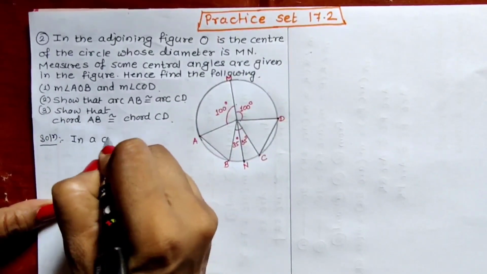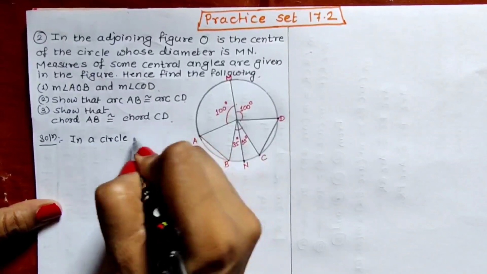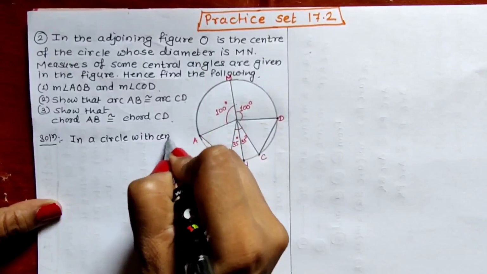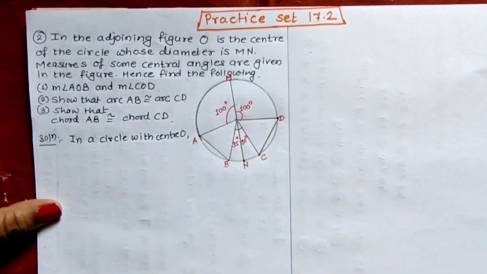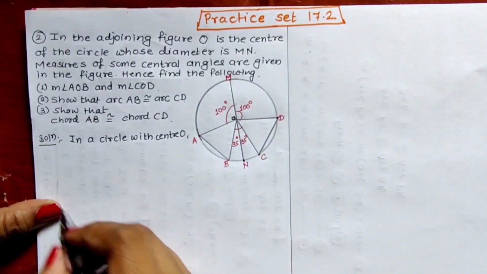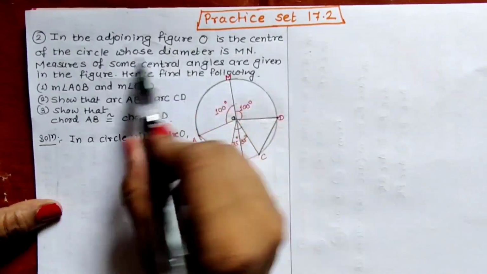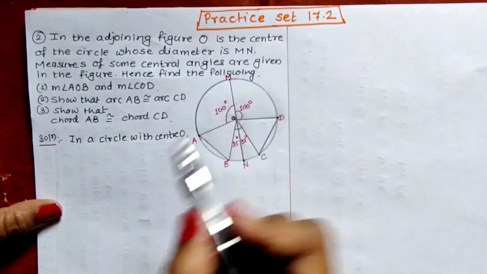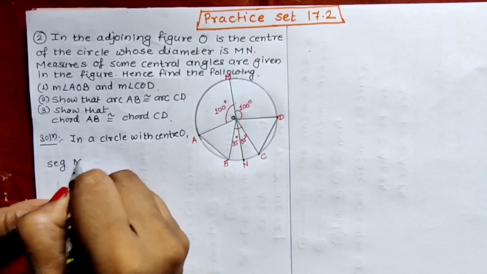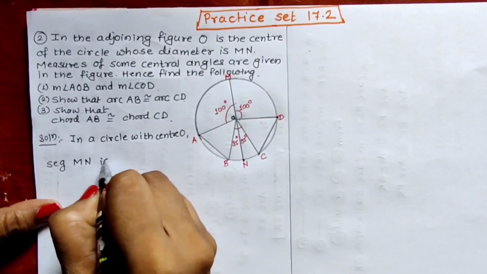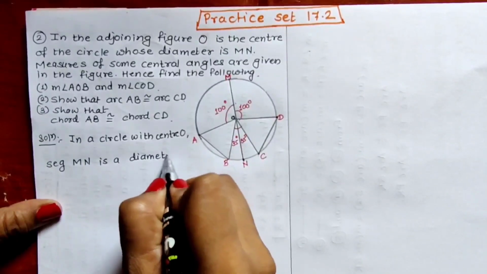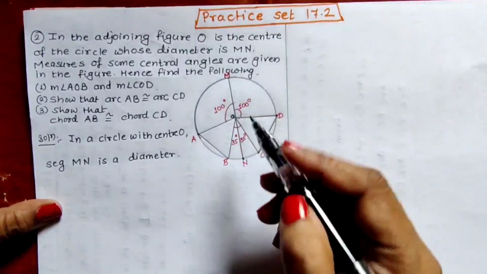In a circle with center O, here O point is there. Diameter is MN. So seg MN is a diameter,